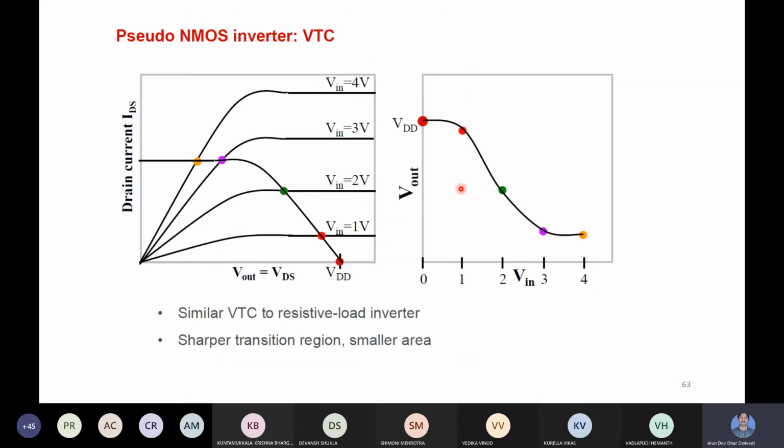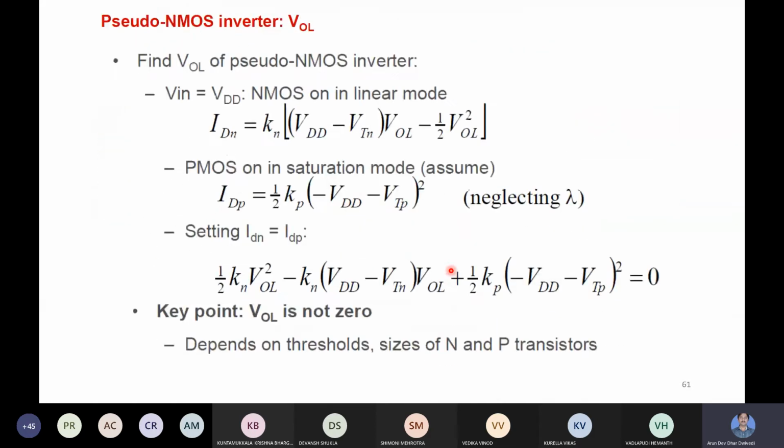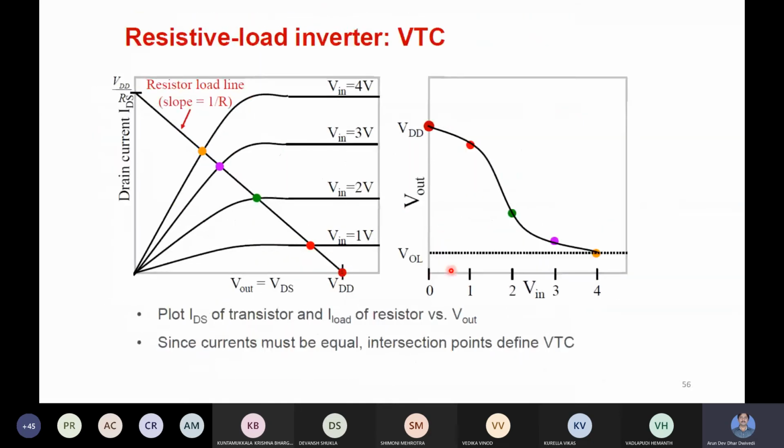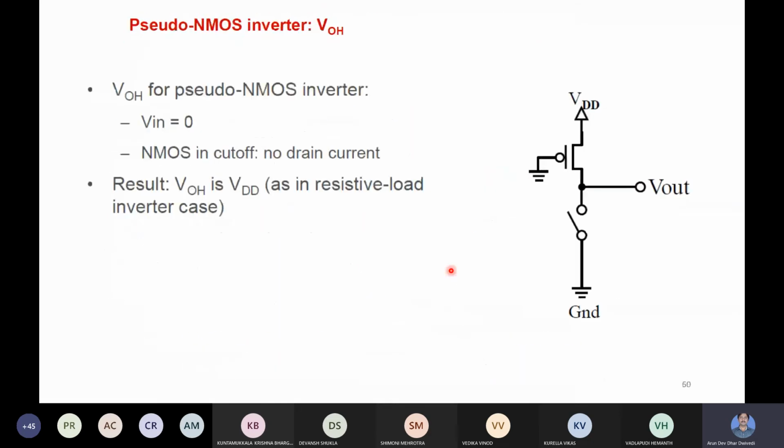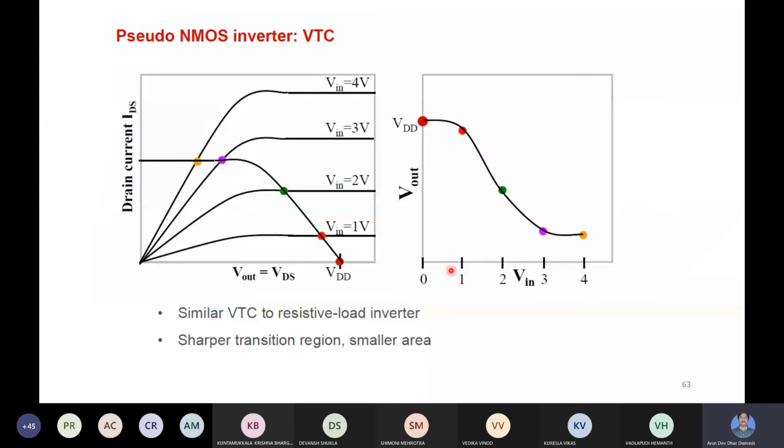So these are a few examples of other types of inverters, which are not able to swing completely between 0 and VDD. Also static power dissipation is there, and there are some design constraints and problems. Therefore the CMOS inverter is better. I have just introduced these inverters so that we can compare and understand; they do not require too much attention, but we should understand these other types of inverters also.